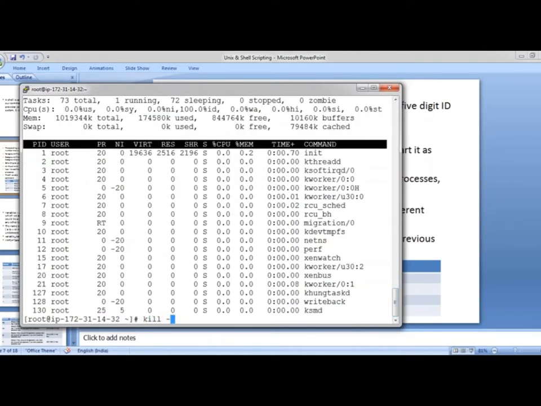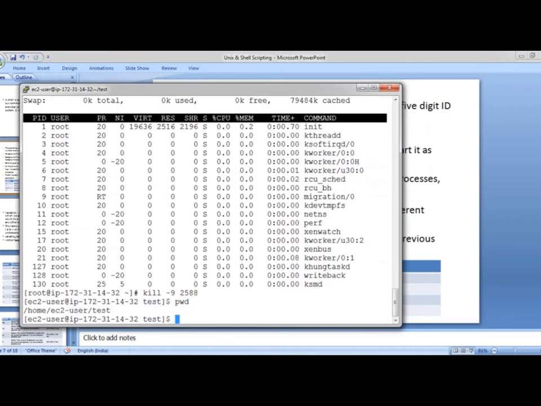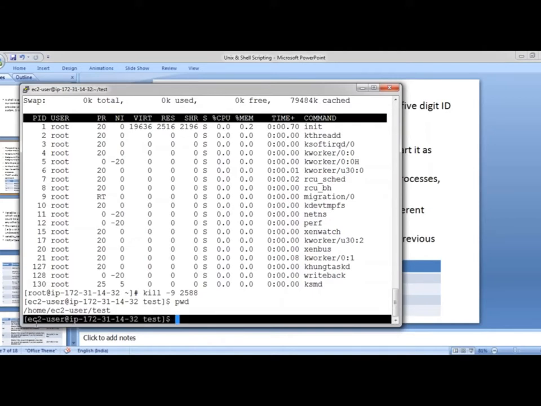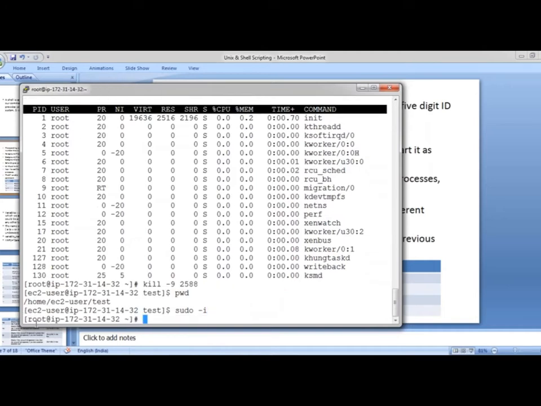Kill -9 2588. It took me from root user back to EC2 user. How did I get to root? I did sudo -i and came here. To go back, I would type exit and press enter.